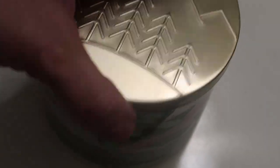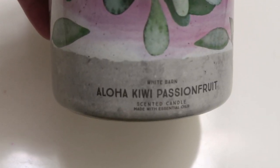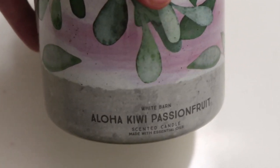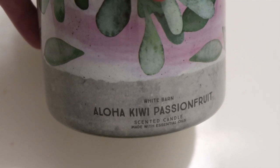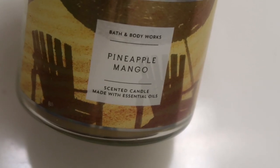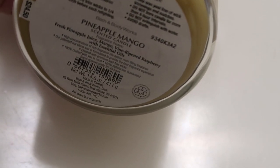Of course, this is the Bath & Body Works 3-wick candle that I always score on Candle Day, and I make sure to get a wide variety of scents. One's for spring, for summer, for fall, for winter, because I buy so many that they pretty much last throughout the year. So next up is the Pineapple Mango, and the notes on this one are fresh pineapple juice,